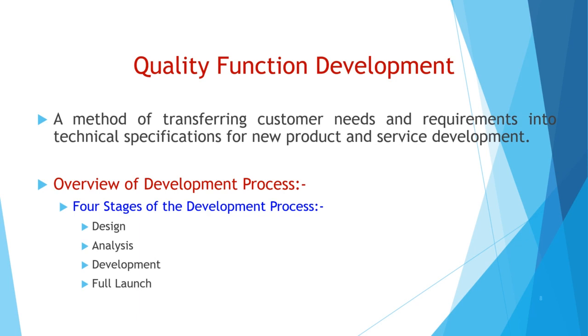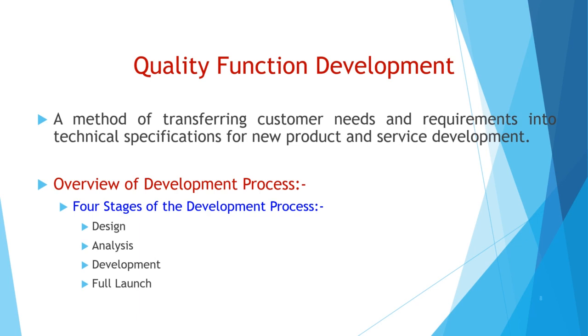There are 4 stages of the development process: design, analyze, development, and full launch. So in order to complete the quality function deployment, a 4-phase process that encompasses activities throughout the product development lifecycle. A series of matrices are utilized at each phase to translate the voice of customer to design requirements for each system,